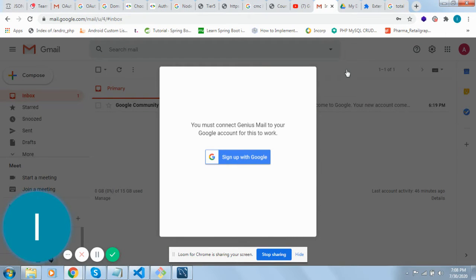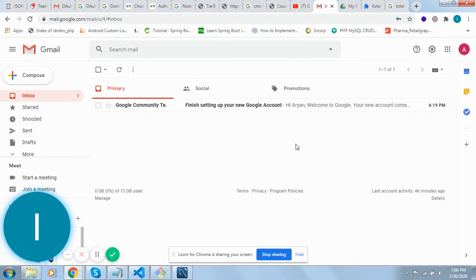So basically, why do we need to provide Google permissions here? See, we are accessing your Gmail, we are accessing the mails that you are going to send to others. We are accessing your spreadsheets and Drive also. So that's why you have to allow permissions from Google. So once you sign up with Google,